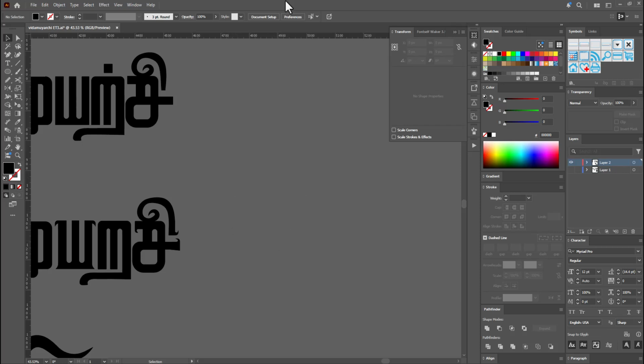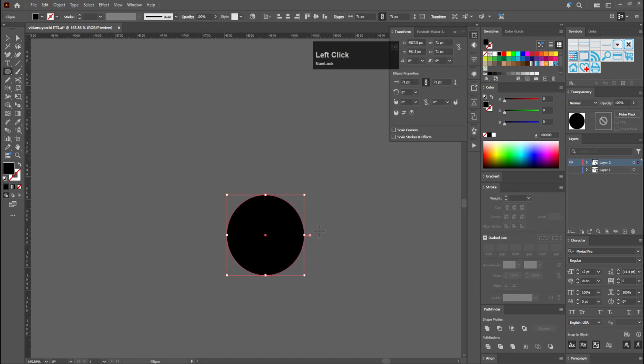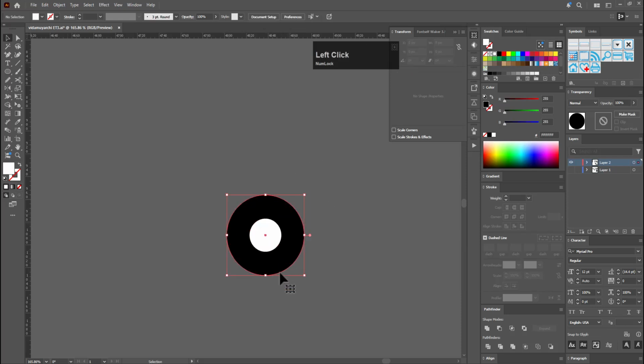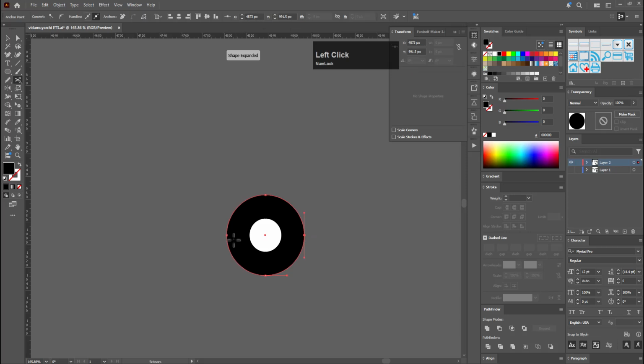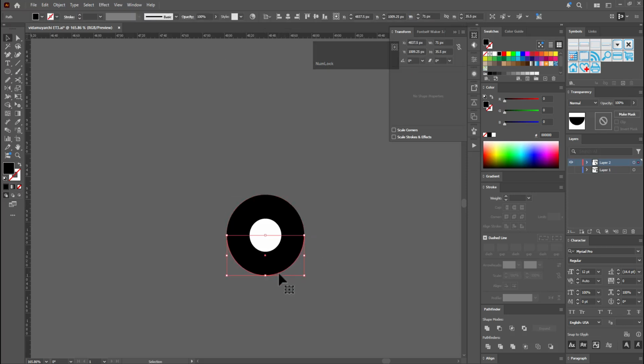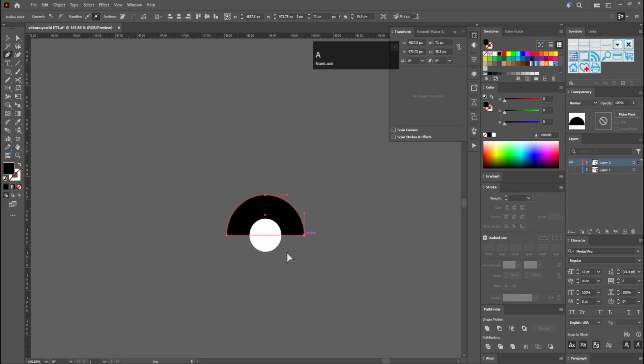Let's press L for the ellipse tool and create an ellipse by holding Shift, something like this, and then press Ctrl C and Ctrl F and bring a circle inside, and let's maybe change it to white, and let's select this outside one. Press C for the scissor tool and click this and click this. We have dissected this into two semicircles, and let's delete this and select this and press P and select both of these and merge this